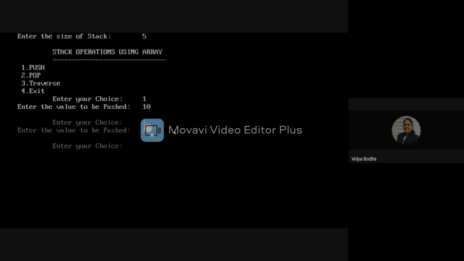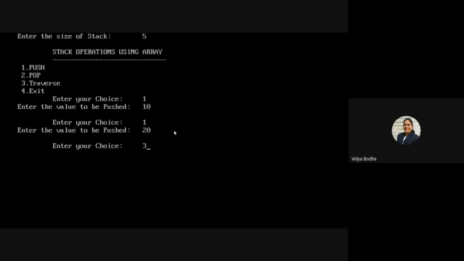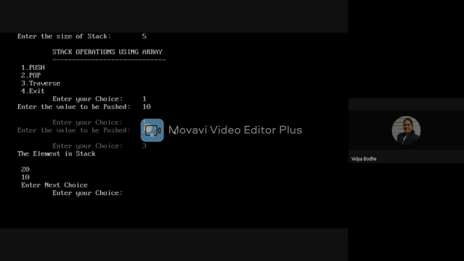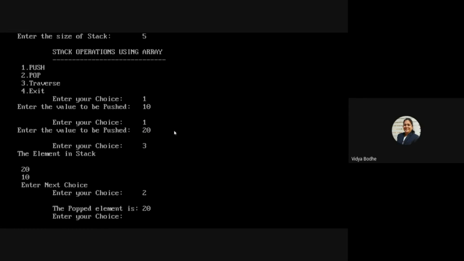Now I am going to display the stack. The elements in the stack are 10 and 20. Now I am going to perform the pop operation of the stack, that is delete the element from the top of the stack. The popped element is 20.